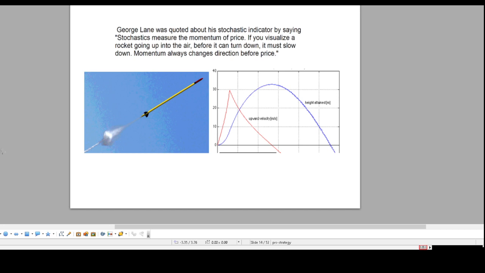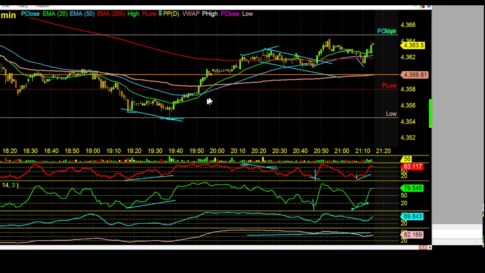It's measuring the closing. If we look at a candle and we look back, we're looking at how this candle closes each time. Is it closing near the top part of the candle or closing near the bottom part of the candle? And it's plotting that on a scale of 0 to 100, and that's your stochastics. It goes from 0 to 100, where 20 is considered oversold and 80 is considered overbought. But you could still go to 100, and you could still go to 1.